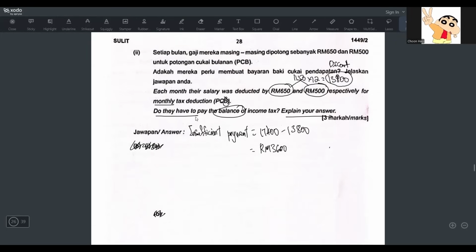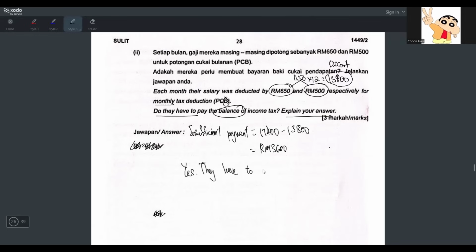But this one is insufficient, so let's answer the question. Do they have to pay the balance of income tax? Explain your answer. First you show them this working, show them that it's insufficient, and then answer by saying yes. Because it's insufficient, you have to pay more. So yes, they have to pay RM 3,600 to IRB, or you can say LHDN. In English it is IRB, because